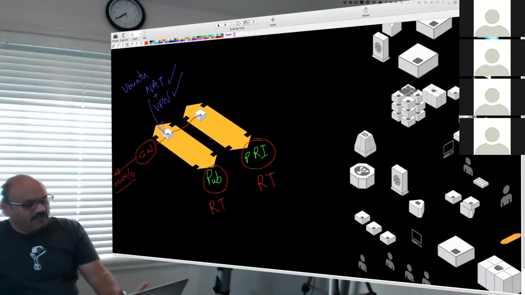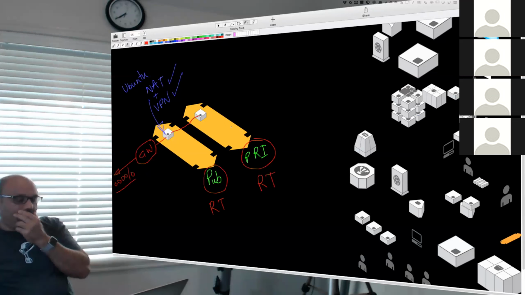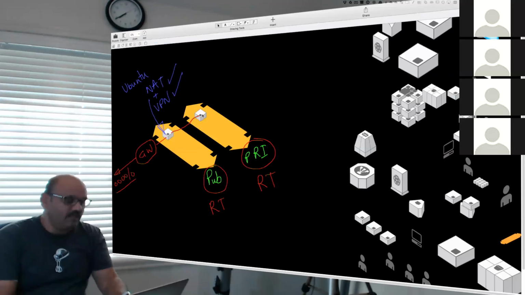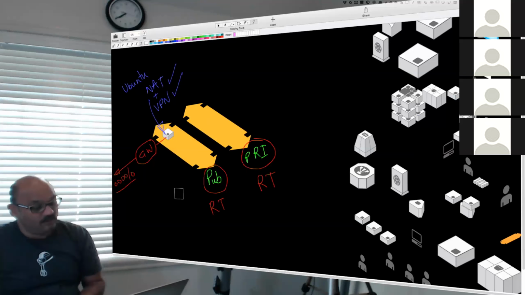Did I miss anything in the drawing that we have done already? We did not create this one yet, so we should delete that. That is not done yet. Yeah, that's all so far.